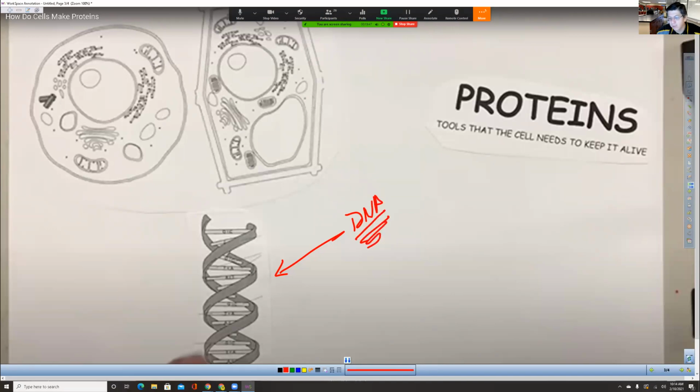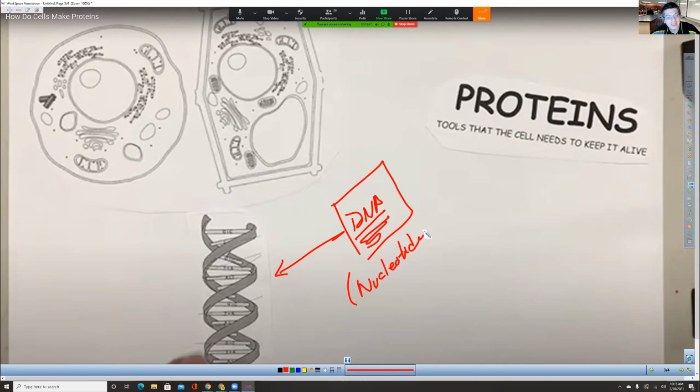Let's go with somebody random here. Let's go with Sophia. Sophia, are you there? What do we remember about DNA? It has two sides. Very good, and it looks almost like a twisted ladder. And what's the DNA made out of? Who remembers? Raise your hand so you can get that extra credit. Okay, Benjamin, what's the DNA made out of? Nucleotides. Very good.